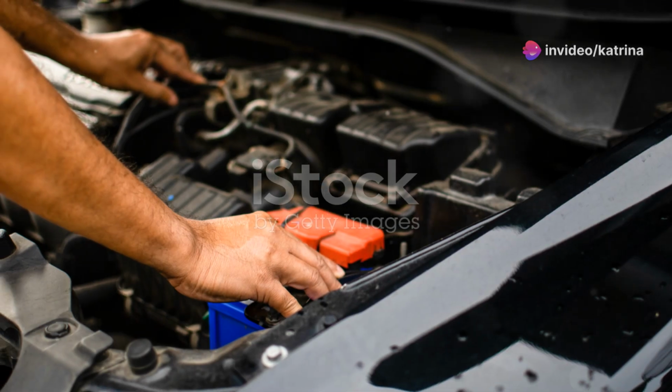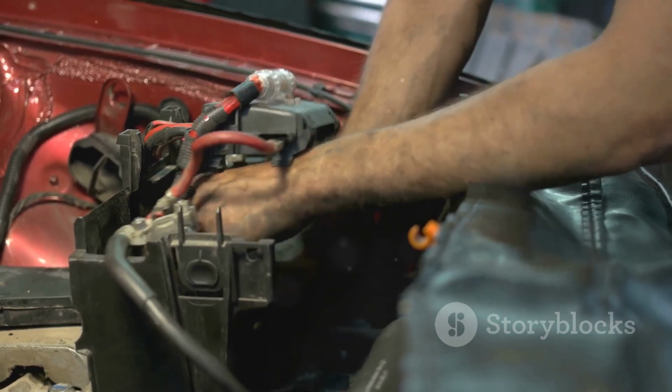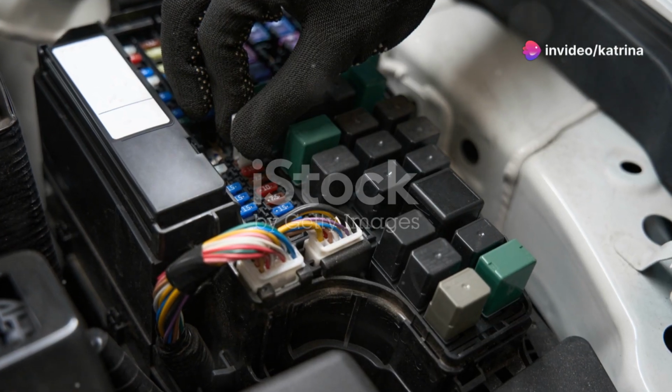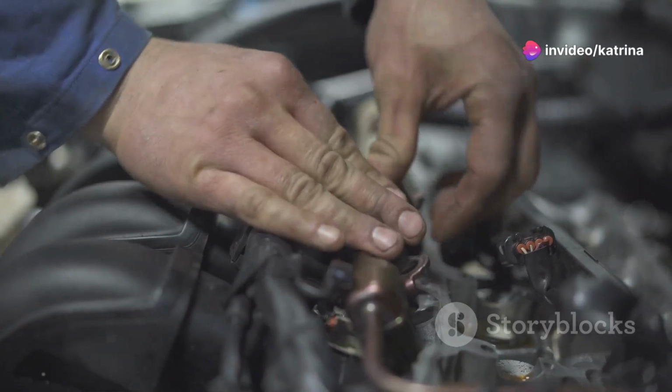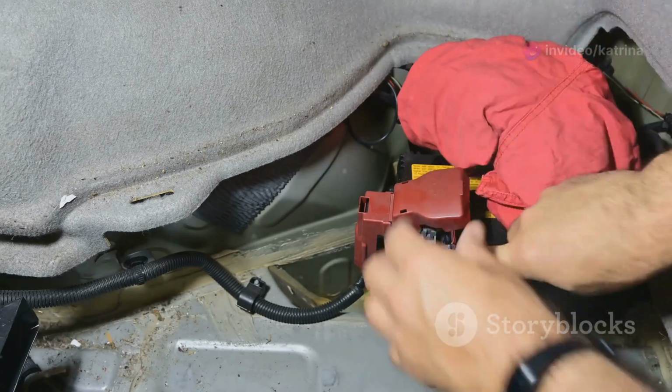Even with careful installation, you might encounter some hiccups. Here are a few common issues and potential solutions. If the isolator is not engaging, check the fuse to ensure it's not blown. Verify that the ignition source is receiving power when the ignition is on, and double-check all wiring connections for tightness